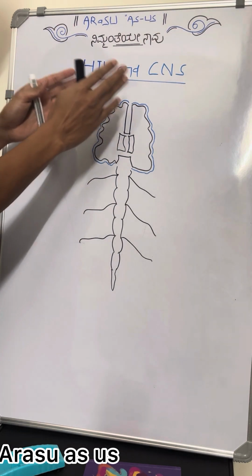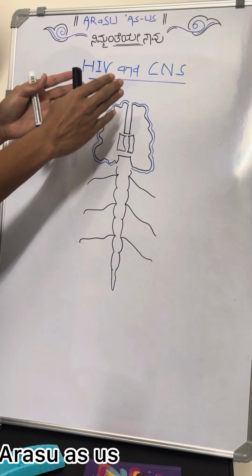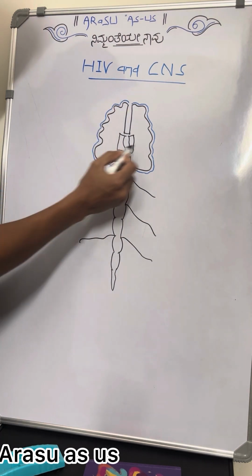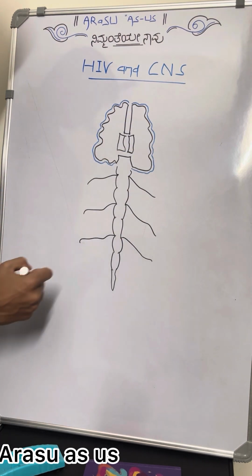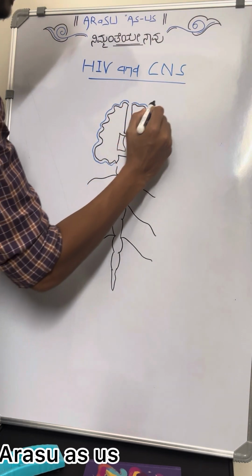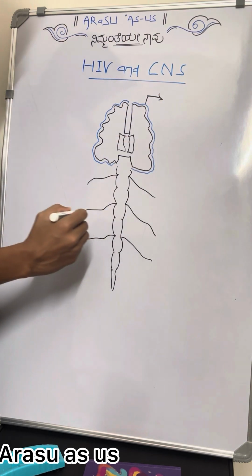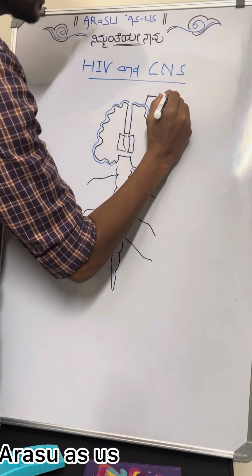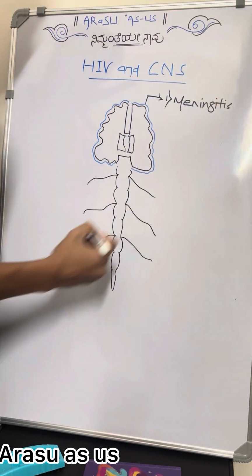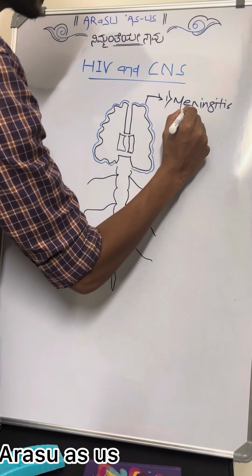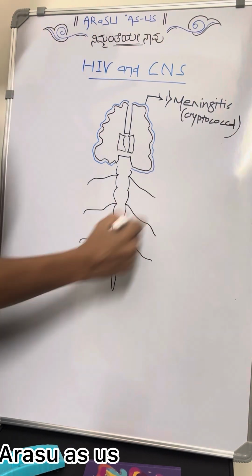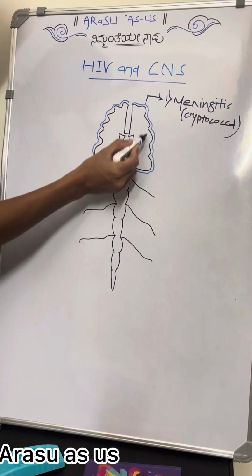The nervous system manifestations of HIV can be easily listed out if we follow this pattern. If we consider the brain parenchyma, spinal cord and the nerves, we have to approach it stepwise. The outermost layer here is the meningeal layers. So the first thing to consider is meningitis. Mainly it is cryptococcal meningitis, which is the first thing. Then comes brain parenchyma.